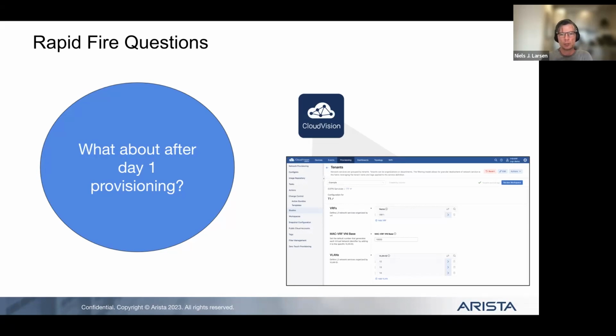So again, as Gerard said, please reach out to your local account team, and we can do a much more detailed, slower paced demonstration. But one thing that is coming up is the use of CloudVision Studios with a GUI, as shown in the screenshot on the right-hand side. Day 2 operations can be done using CloudVision Studios with a GUI, and further down the line, we will do more integration into CloudVision with AVD.